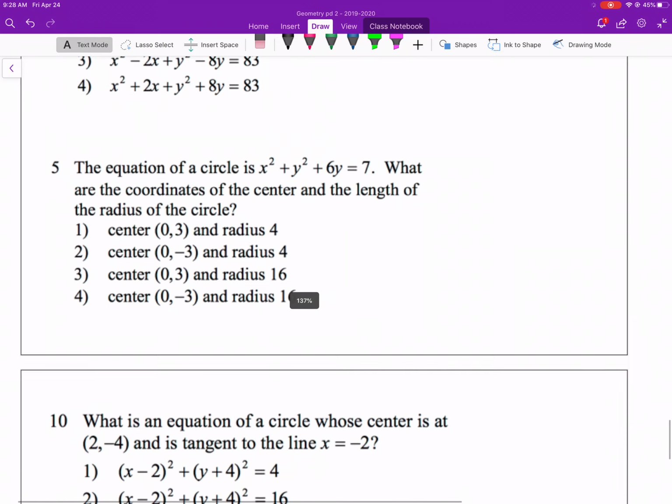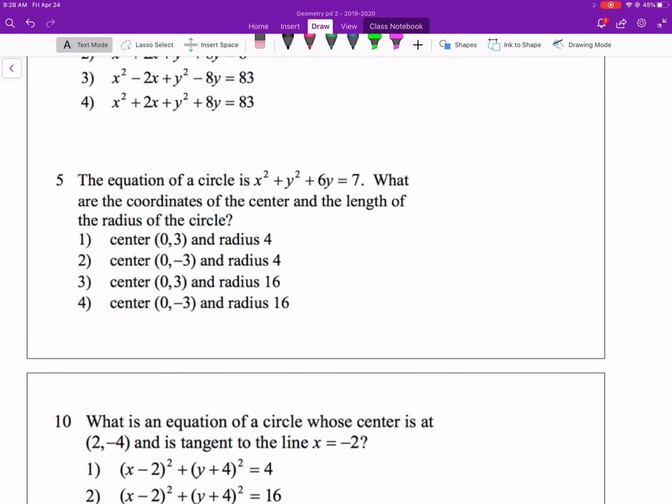Alright, the next one. Now they give you an equation. The equation of a circle is x squared plus y squared plus 6y is equal to 7. What are the coordinates of the center and the length of the radius of the circle? So what we're going to do, we're going to graph that equation. I know that's written in some weird looking form that you've never really seen before. That's fine, but as you graph it in GeoGebra, you'll see exactly what that center point is and what the